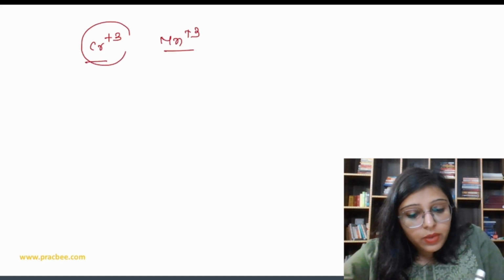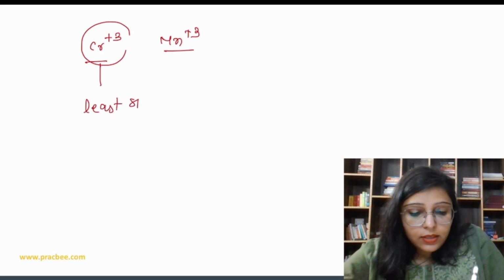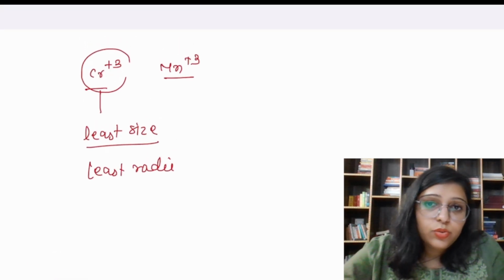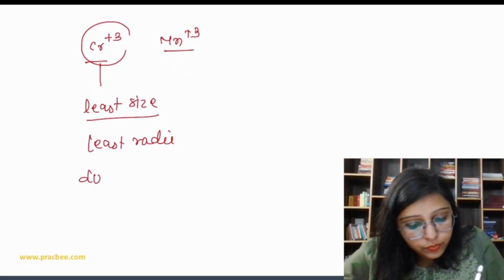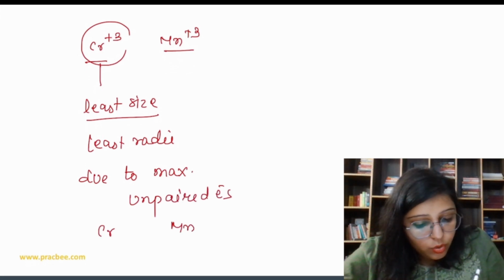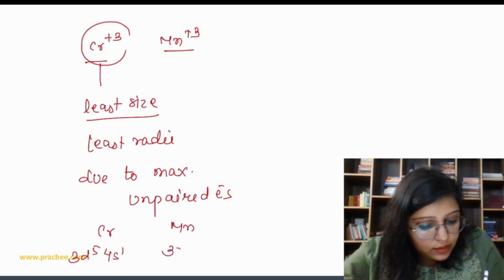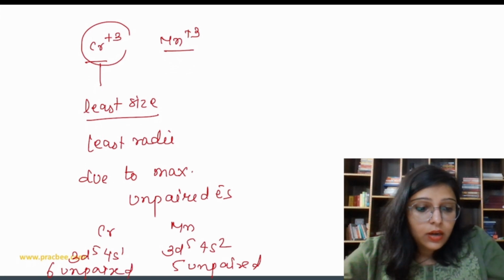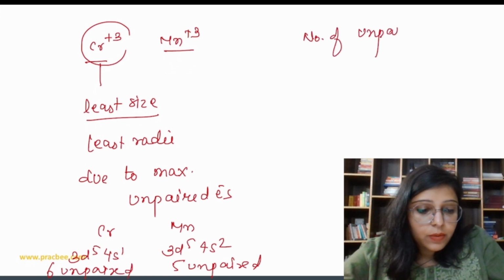But here, chromium is going to have the least size or least radii. Why is it going to have the least radii? Due to maximum unpaired electrons. So we have to check chromium and manganese. Chromium is 3d5 4s1 बेटा, and here this is 3d5 4s2. So here 5 unpaired electrons and here we have 6 unpaired electrons. So the number of unpaired electrons is directly proportional to metallic bonding. And if metallic bonding is more,